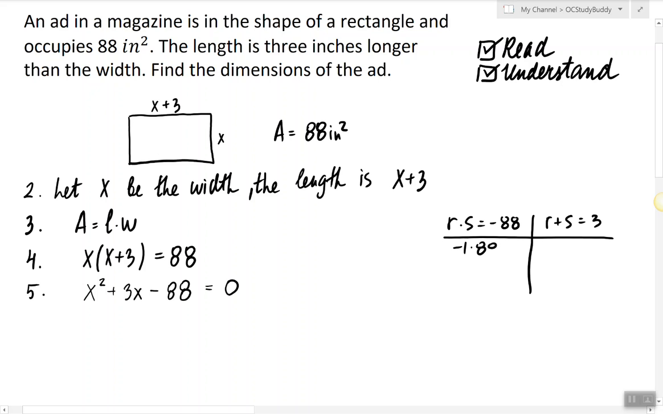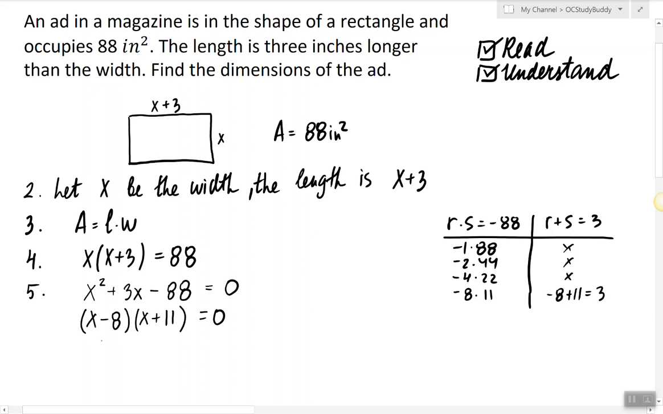So this one doesn't work. Negative 2 and 44 doesn't work. Negative 4 and 22 doesn't work. Negative 8 and 11 actually does work. So negative 8 plus 11 is equal to 3. So that means this quadratic expression on the left hand side can be factored into x minus 8 times x plus 11, and therefore by zero product property we have